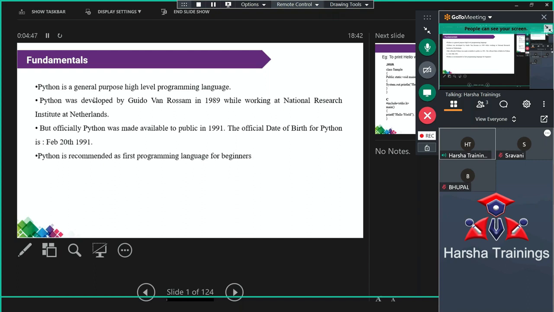Suppose to perform addition between a, b, we write the statement like this: add a, b. Whatever the system, system 1, system 2, system 3, simply by using the mnemonic add, we are performing addition between the numbers. Remember, compared to binary, assembly is somewhat better. 100%, right? Compared to binary, assembly is somewhat better.